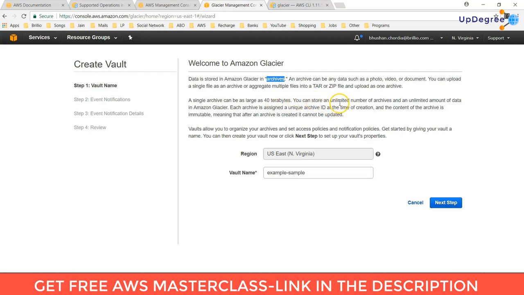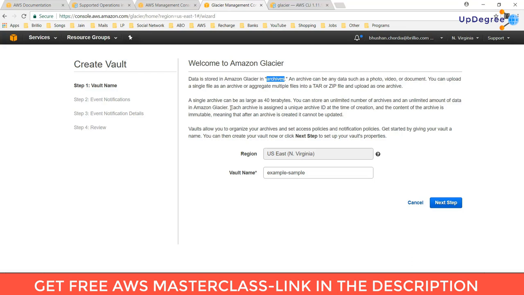You can store an unlimited number of archives and unlimited amount of data in Amazon Glacier. Each archive is assigned a unique archive ID at the time of creation, and the content of the archive is immutable, meaning that after an archive is created, it cannot be updated. Vaults allow you to organize your archives and set access policies and notification policies.